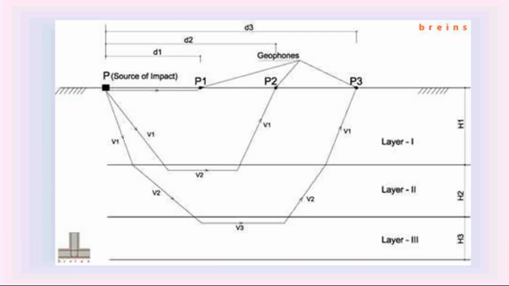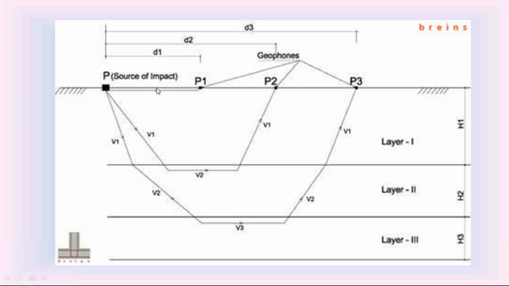Now, please watch this diagram, very, very important. In this diagram, you can observe a number of concepts. This P is the source where we create the shock waves. Already explained, by using the metal plate and hammer. When you apply the hammer blow on the metal plate, that impact produces the waves. Those waves are traveling inside the soil. So here the shock waves are created at the ground level, and those shock waves are traveling inside the soil.